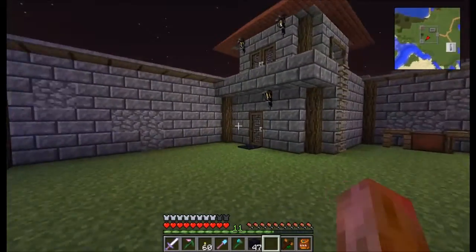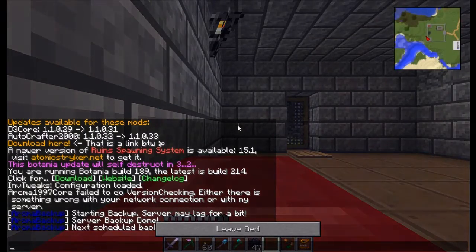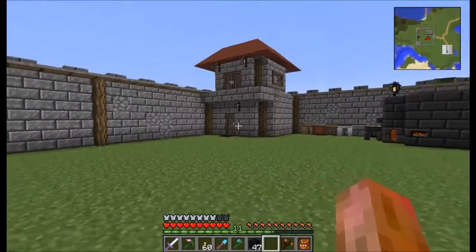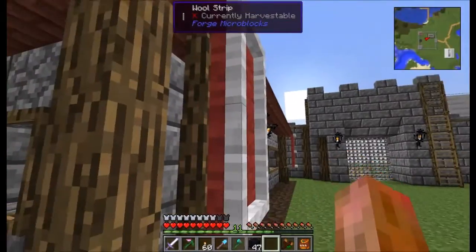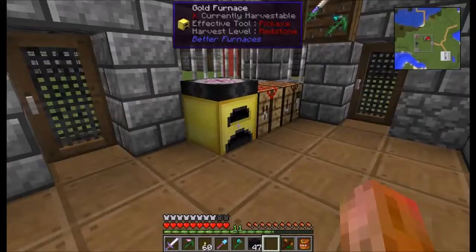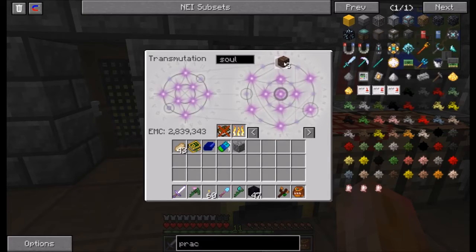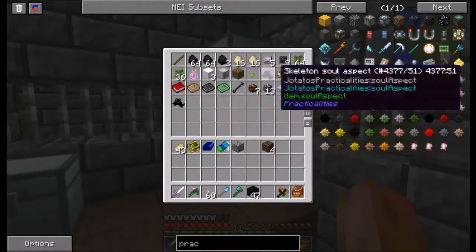So let's go over here and sleep real quick. I'm trying to stay pretty rustic with this. I'm trying not to use the more tech lights, because the idea of this place was kind of a Roman fort. I was working on trying to make banners. I may even go and add heraldry, I think it's called, the one that lets you do banners. Unfortunately, the banners from Minecraft are not in this update. So